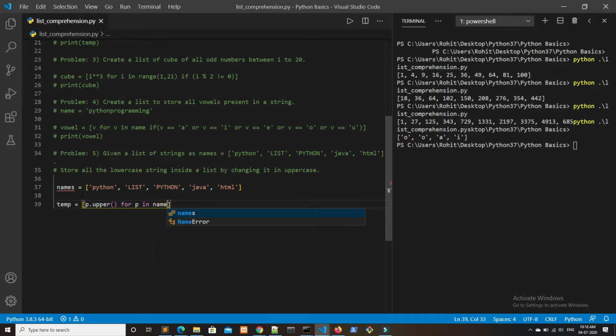So this for loop will extract every string from the variable names and will give it to this expression, that is p dot upper. But here we have to apply an if condition: if the string that is coming from names is a lowercase string, then only we have to pass it to this expression. So here we have to write if p dot is upper,